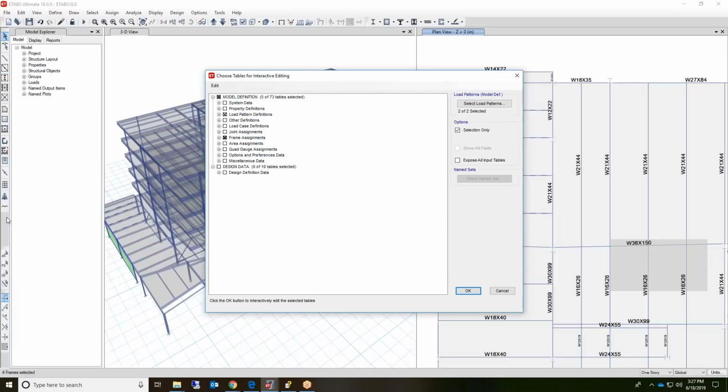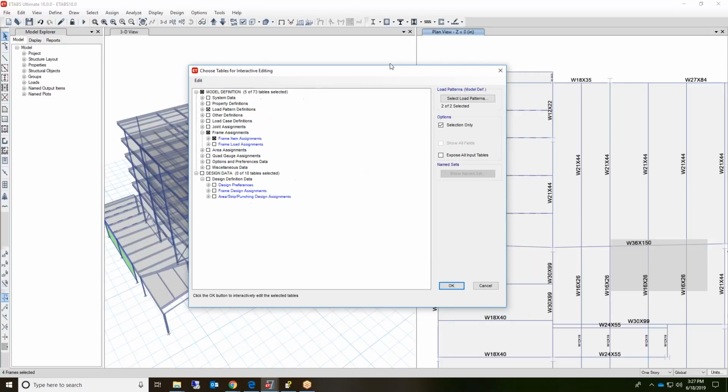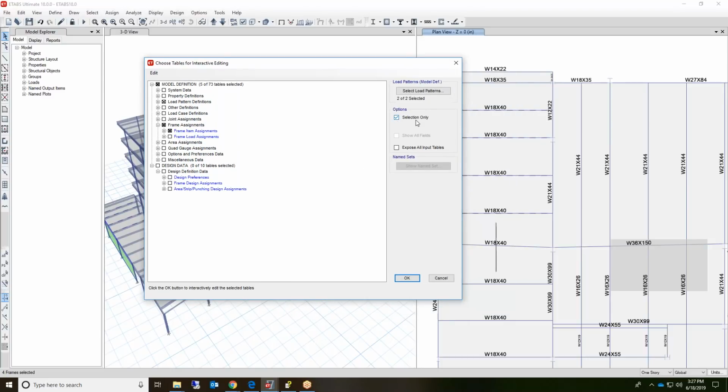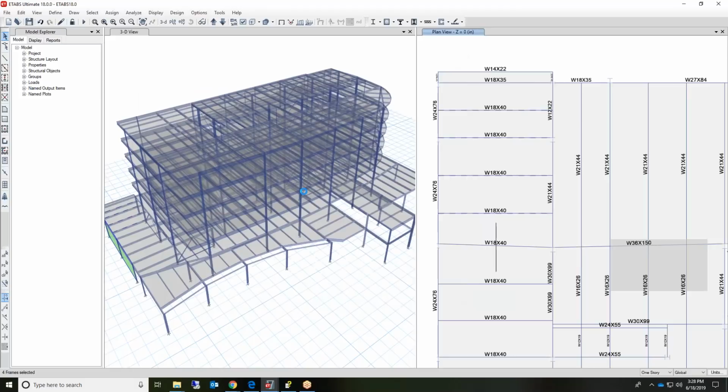Here you can see you can change many different aspects or items in ETABS, including the load patterns, load cases, area assignments, design data information. Anything can be updated using the Interactive Database Editing tool. So what I'm going to do now is change the frame item assignments. I've clicked on selection only, so it's only going to bring in those beams that I'd selected here on the right-hand side of the screen. So if I click OK,